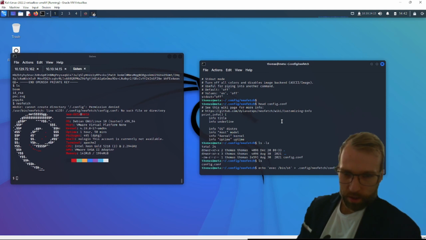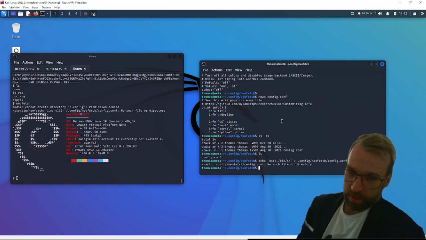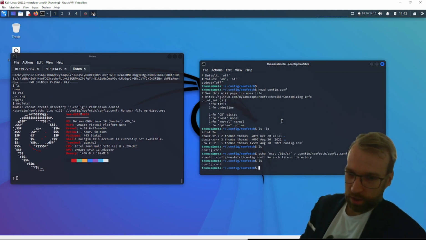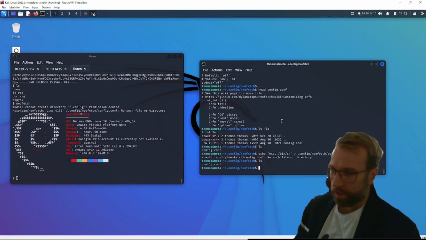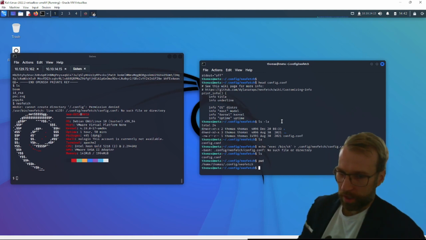Config.conf. So echo our shell and then pop it out on the other side here. Okay. It says no such file or directory, which is interesting, and I think this is probably because, oh, I see,